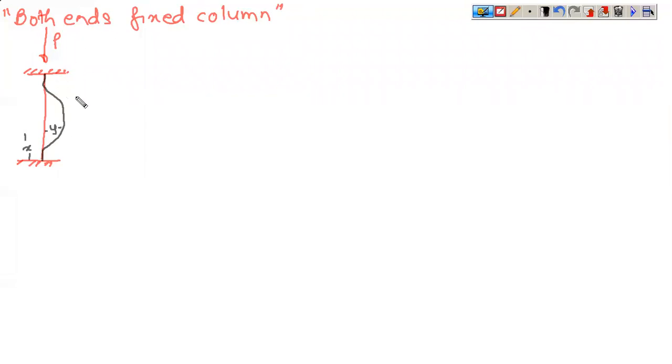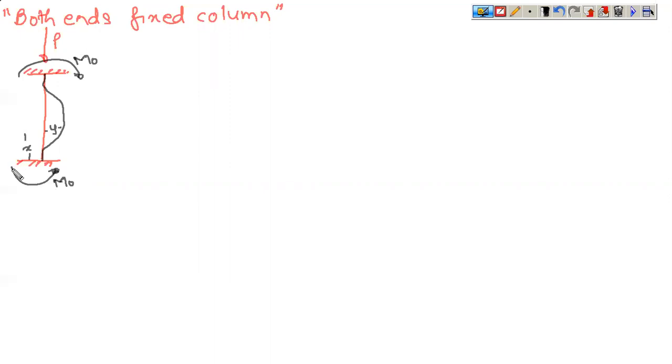Now let us complete this free body diagram. If it is fixed from both the ends, then there will be resisting moments at both the ends. So the resisting moment at this point, let us say that it is an anti-clockwise moment of magnitude M naught acting here due to the specific type of load. So this will be balanced by a clockwise moment of magnitude M naught. As it is a fixed beam, there will be one reaction in the form of a moment also. So that has to be shown in this diagram.